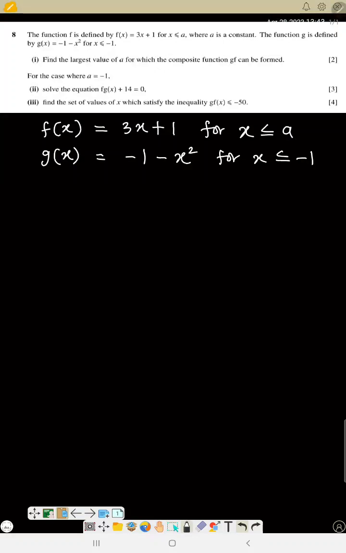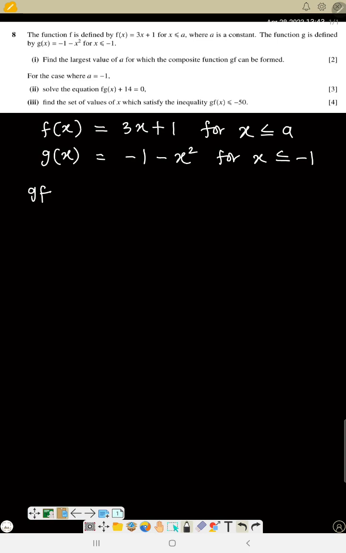So the question is, the function f is defined by f of s is equal to 3s plus 1 for s is less than or equal to a, and g of s is equal to minus 1 minus s squared for s is less than or equal to minus 1. Find the largest value of a for which the composite function